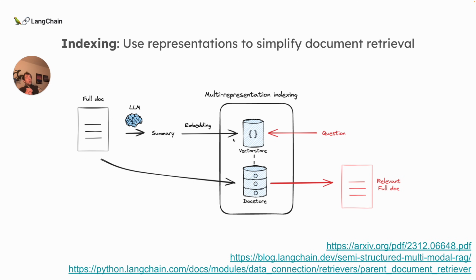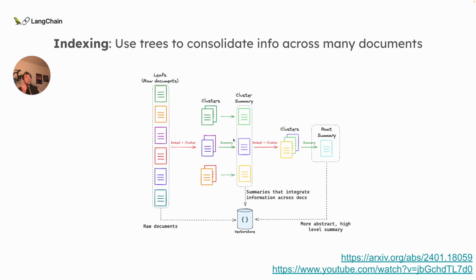It's a nice trick where you don't have to worry about embedding full documents in this particular case. You can use very nice descriptive summarization prompts to build descriptive summaries. And the problem you're solving here is just: get me the right document. It's an easier problem than: get me the right chunk. So this is a nice approach. There are also different variants of it, which I share below. One is called parent document retriever, where you could, in principle, use smaller chunks but then return full documents. But anyway, the point is preserving full documents for generation, but using representations like summaries or chunks for retrieval. So that's approach one that I think is really interesting.